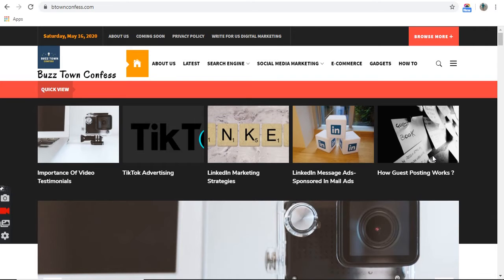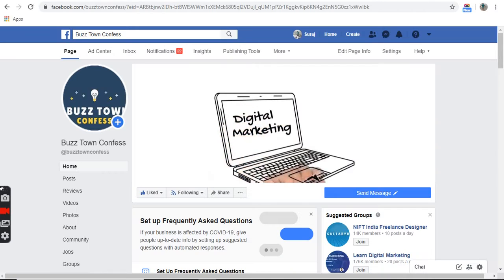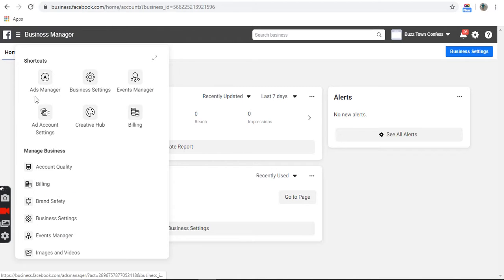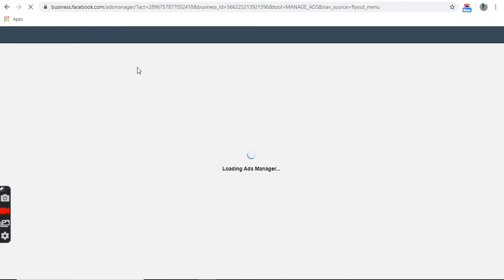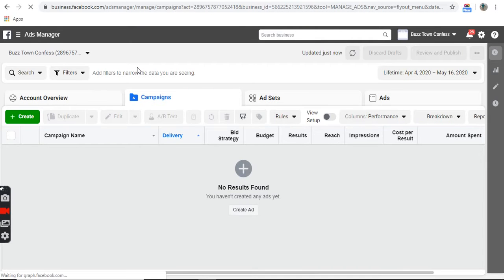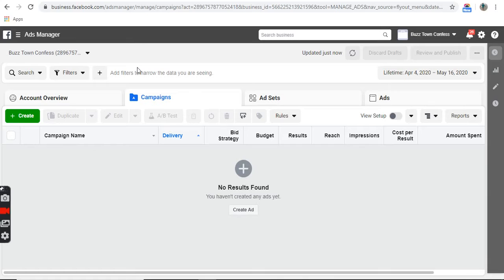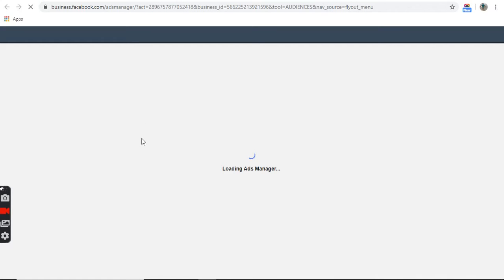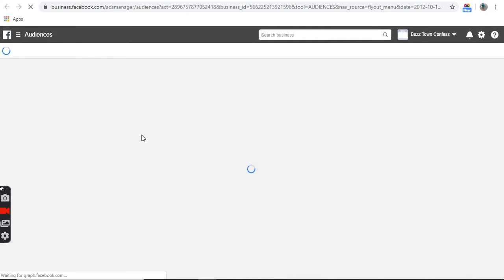It's very easy, guys. You just have to log into your business manager or ad manager. So this is my business manager page. I'll go to ad manager. I'll show you how to create the remarketing audience which you have to target and add into the campaign, right? So I'll directly go to the audience tab, and we'll create a remarketing audience, and show you how it is created and how it is added in